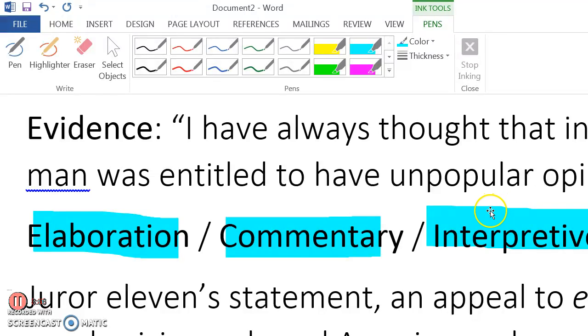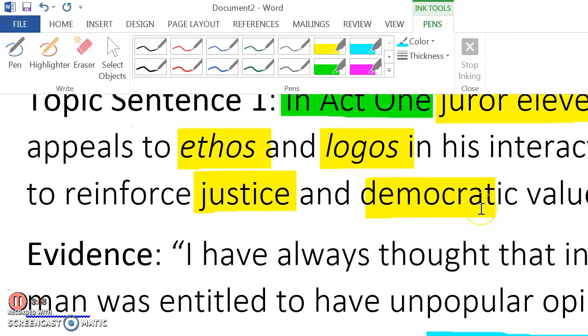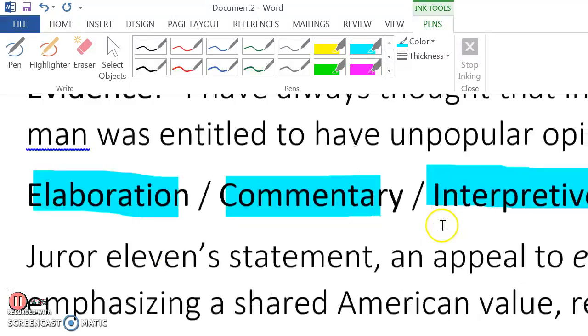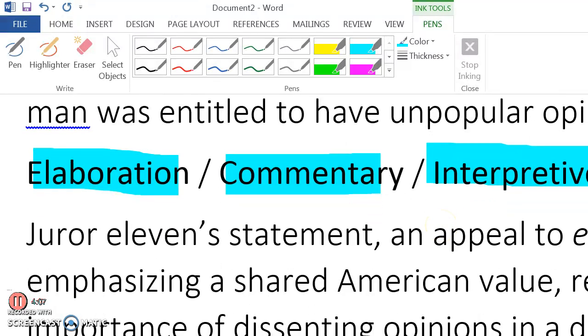He also creates, or also constructs this moment of ethos